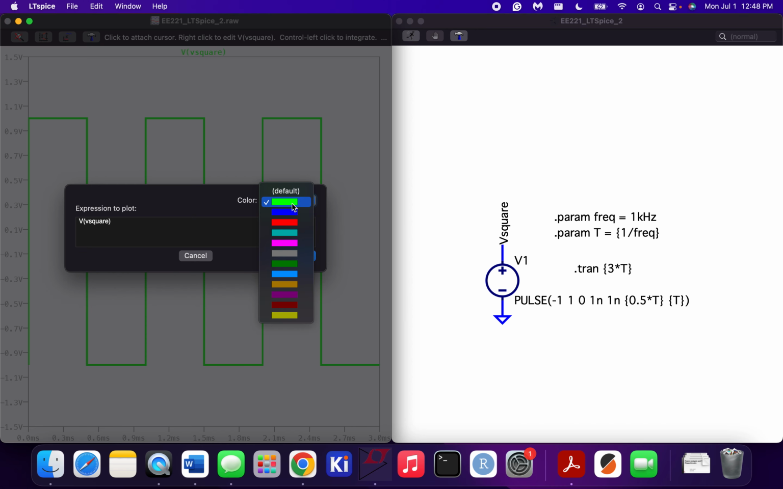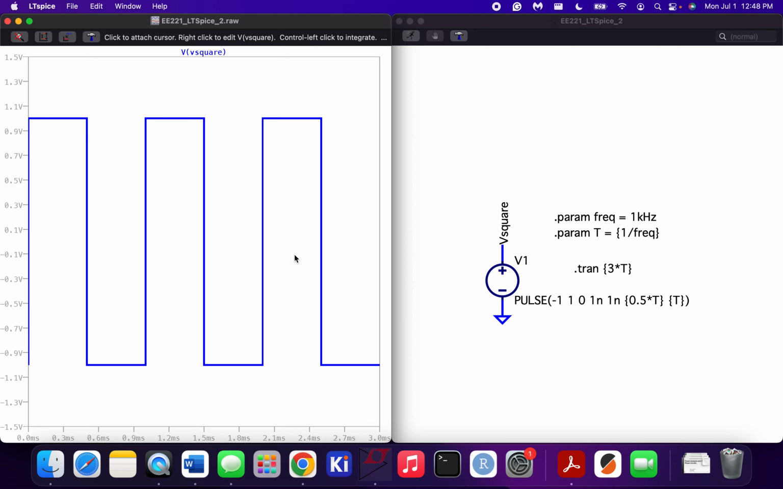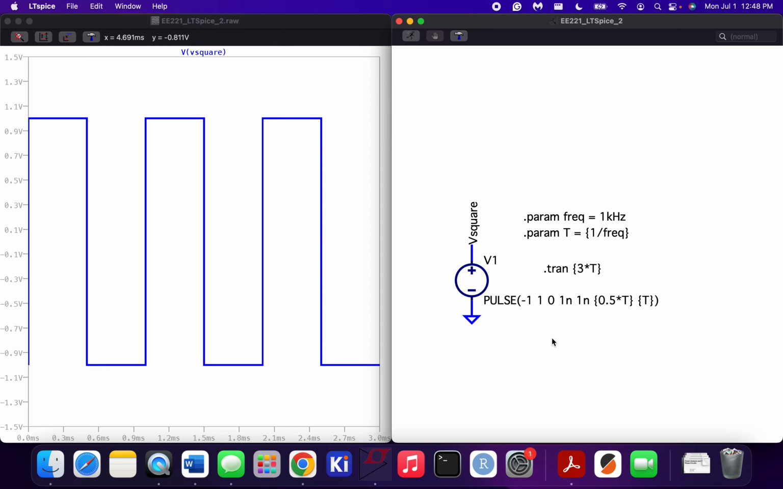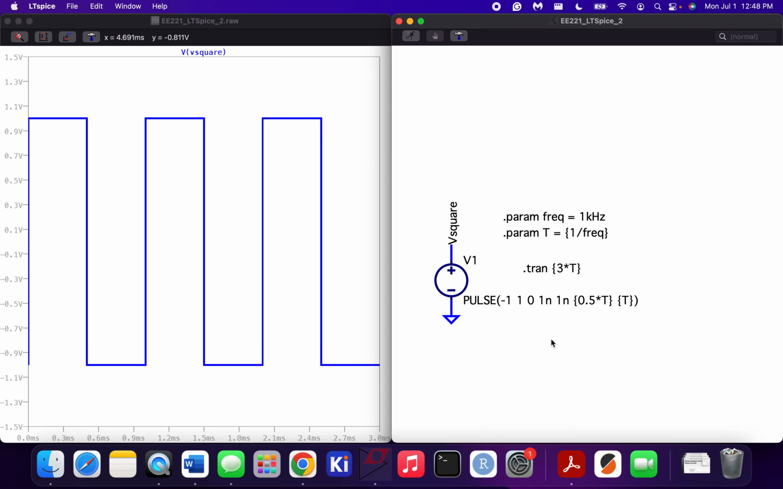We can always change the color so that it's more visible. And so there's my beautiful looking 1 kilohertz square wave. Okay, what if we wanted to create a triangle wave? How would I create a triangle wave? Well, there's a couple different ways that you can create a triangle wave, but the way that I would do